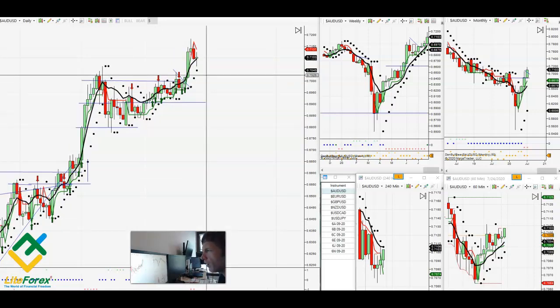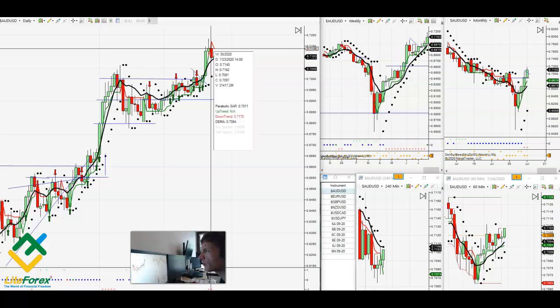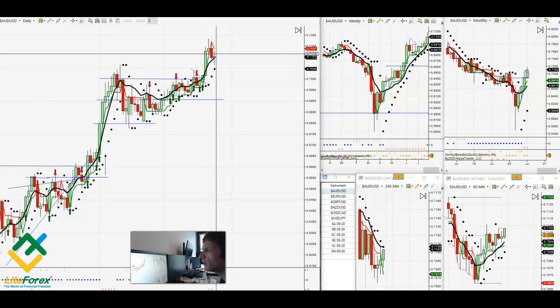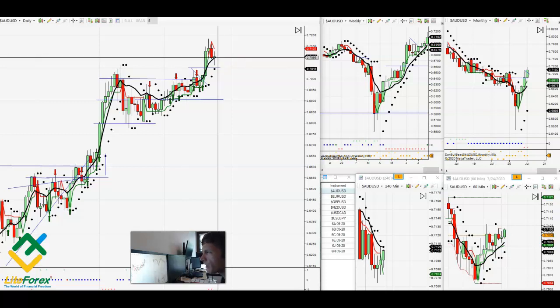Australian USD has been on quite a move this week. Big breakout on the 21st. I was selling this yesterday. I knew this was going to pull back. It needed to pull back to the moving average, and here we are setting up. We held support at 70.50 today. Okay, so the way this is setting up, it looks like we could be setting up for the next